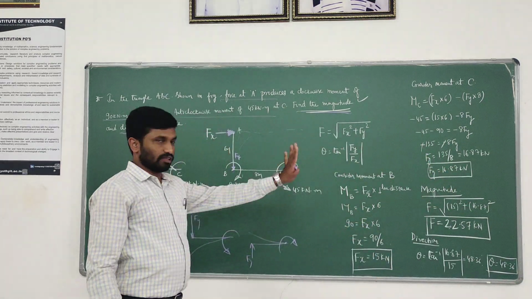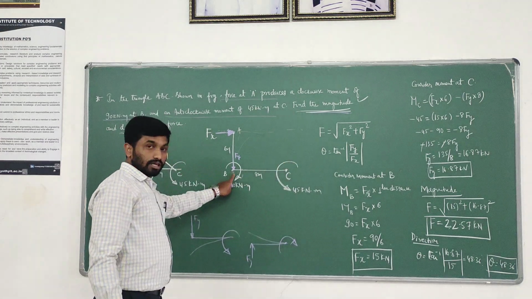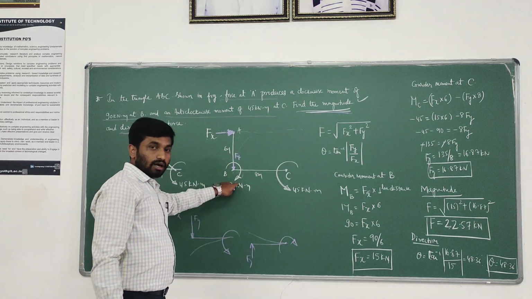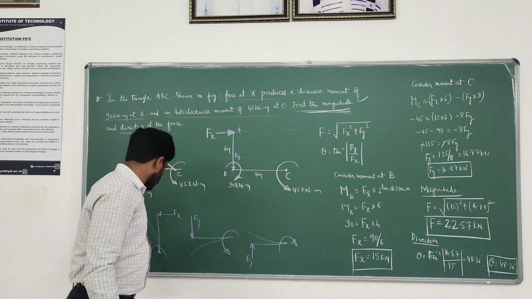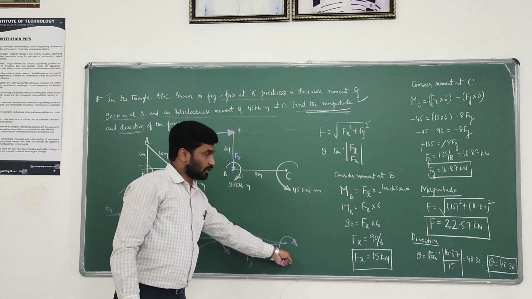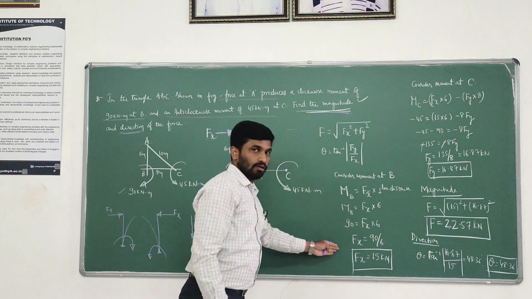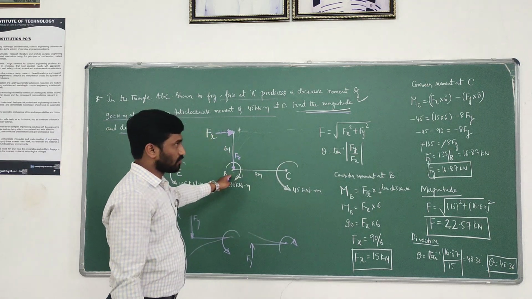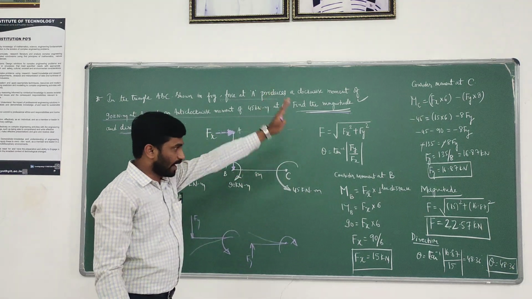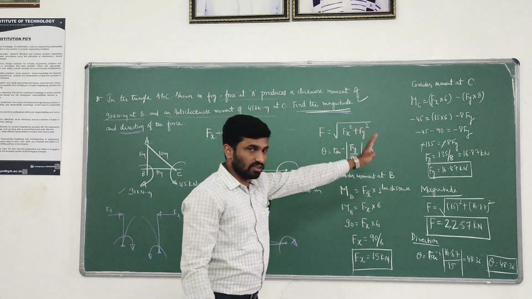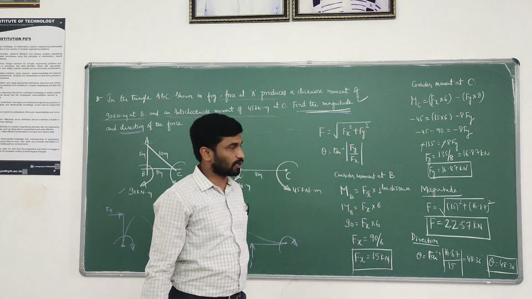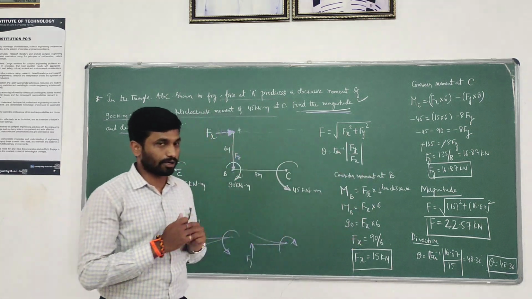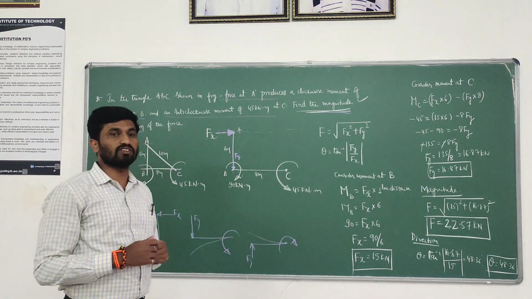The steps to be followed in a simple way. The first thing is direction. Which kind of force is responsible to create this effect of moment, like clockwise and anti-clockwise. For this you have to remember these basic steps. The next step is computation of Fx. For vertical member you take moment at B. For horizontal member both Fx and Fy will come into picture. That is a very important step here. And find Fx and Fy. Finally compute a single force using F equals square root of Fx square plus Fy square, and direction theta equal tan inverse of Fy by Fx. It's a very important problem. Please follow this step to solve this problem. Thank you.